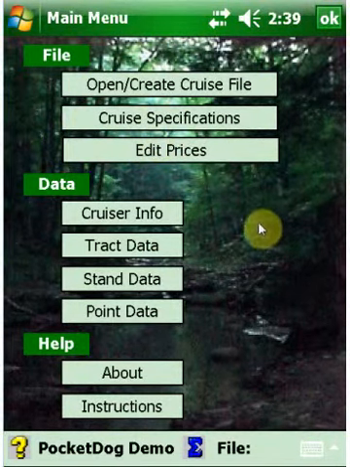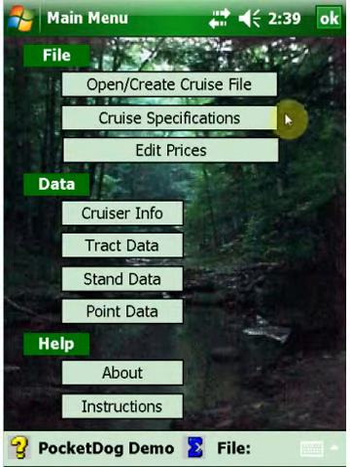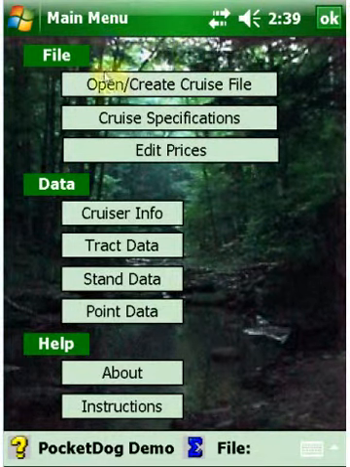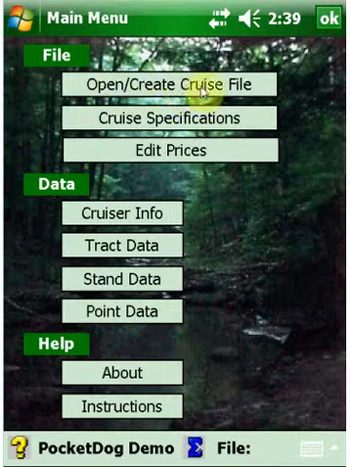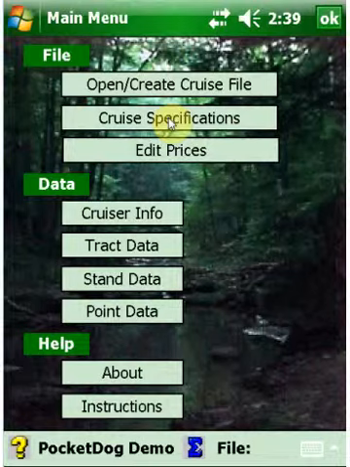This is the PocketDog main menu. It's what your cruiser will see each time he opens up PocketDog on his handheld PC. From here, the user can open or create a new cruise file for that day, edit or update cruise specifications,